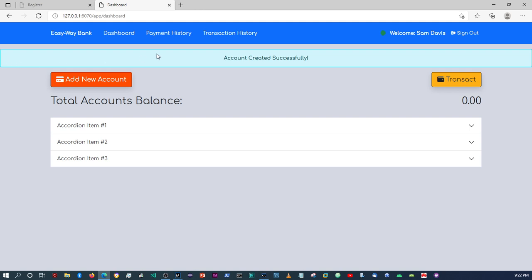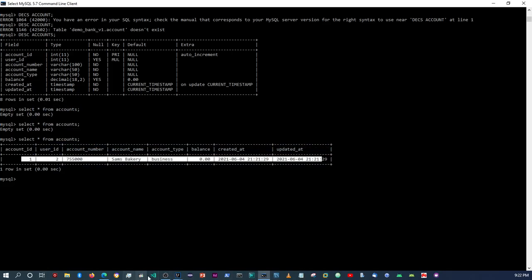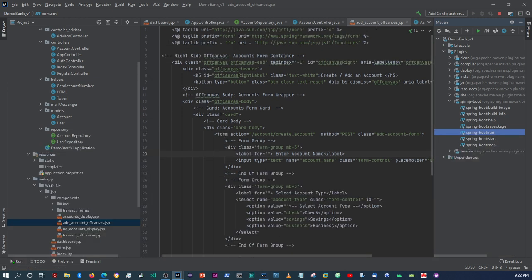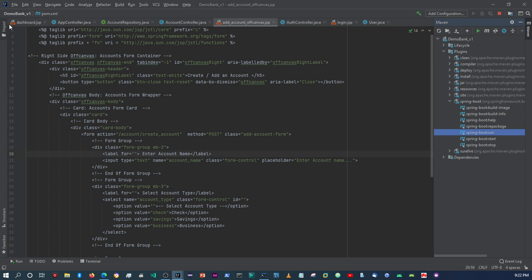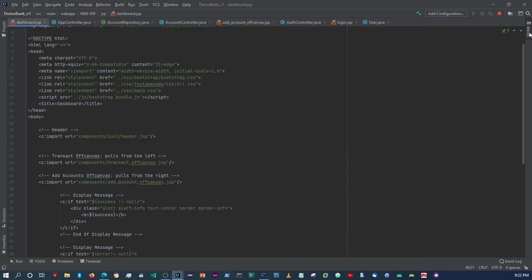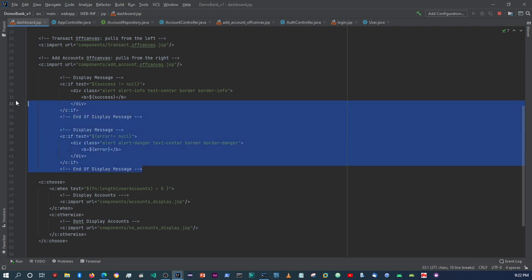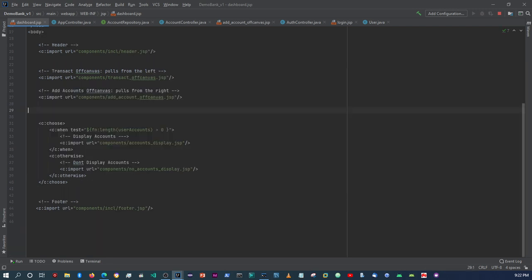I just want to clean this up because the messages are spreading across the whole page. So the only thing we have to do is here within the dashboard. Okay, let me close that. Here within the dashboard, we can place these within a container, right? We're going to say,